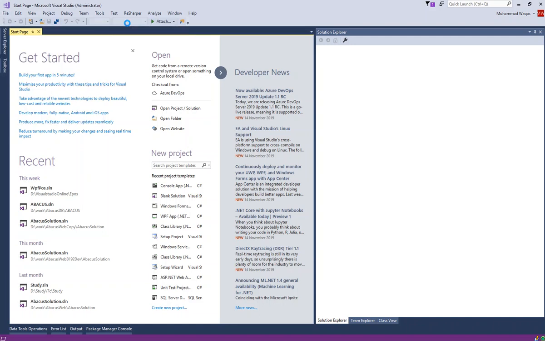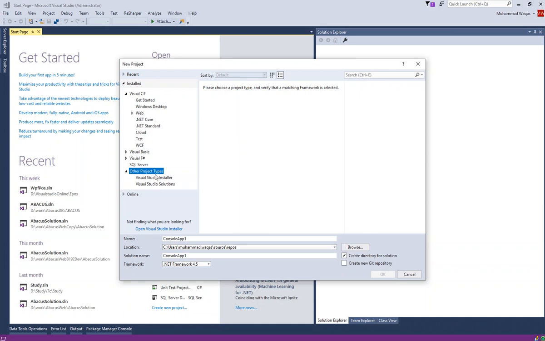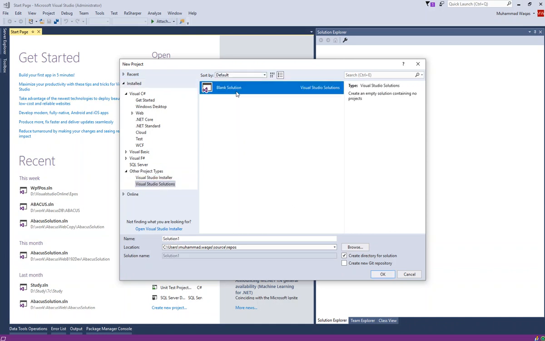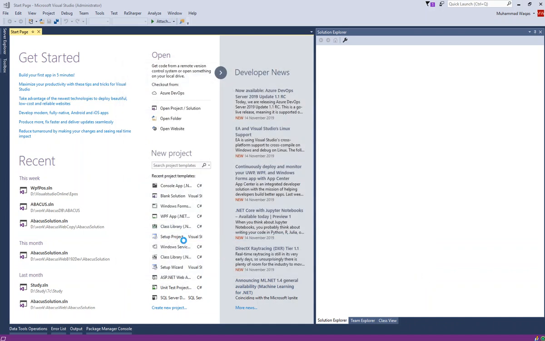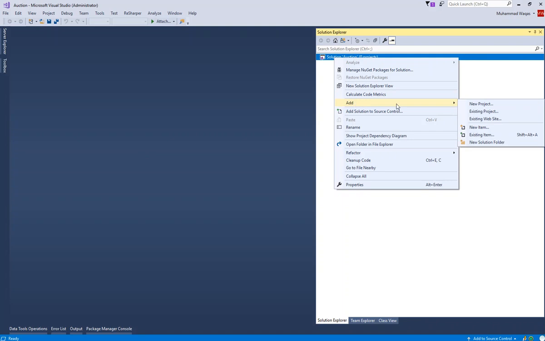So first of all, we click on this project and go in other project types, Visual Studio Solution, and we will click a blank solution. And we will name it auction, and that's it. So now Visual Studio has created a simple solution for us. And now you can click on this solution, right click basically, add new project,